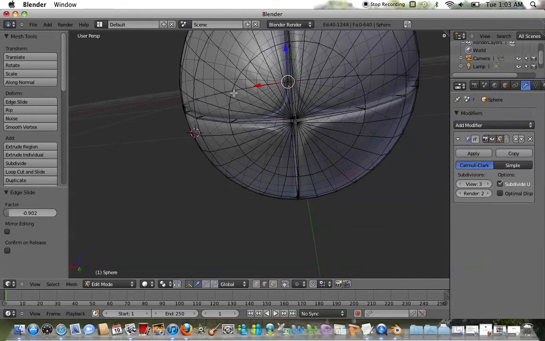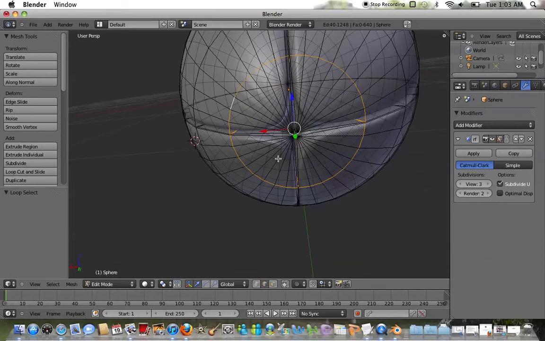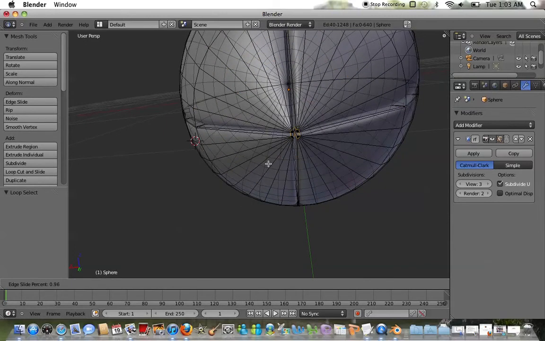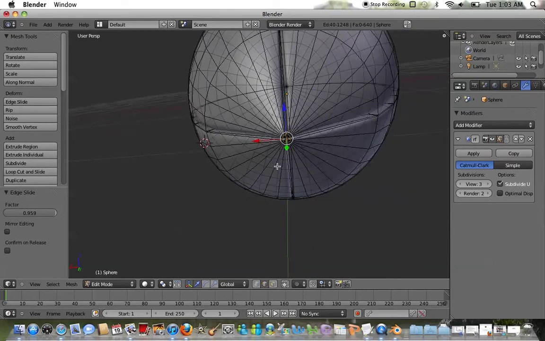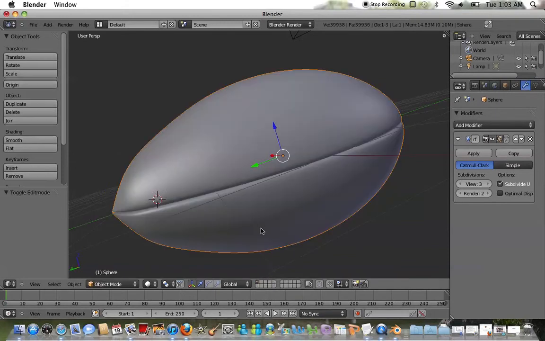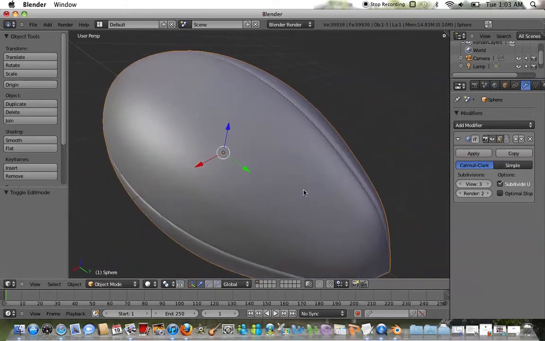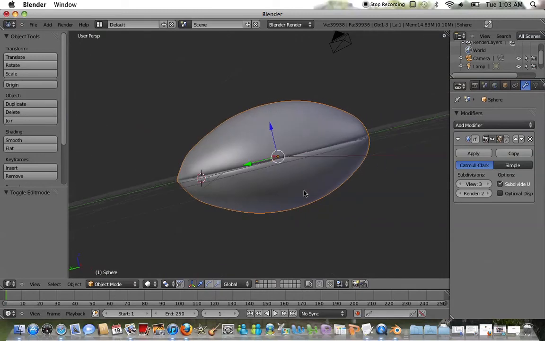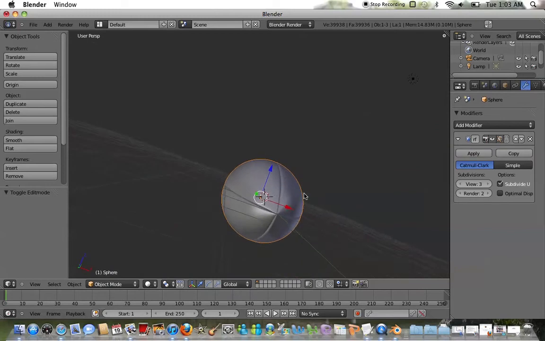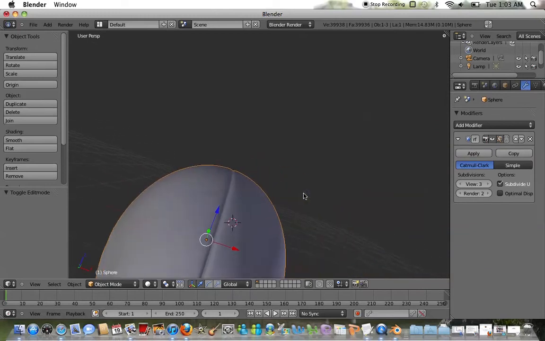Alt key. Alt key and Control E. Edge slide. Close this divot. Alright. And now that you've taken care of that, you have the shape of the football nice and modified. So now what we're going to want to do is go ahead and add these seams